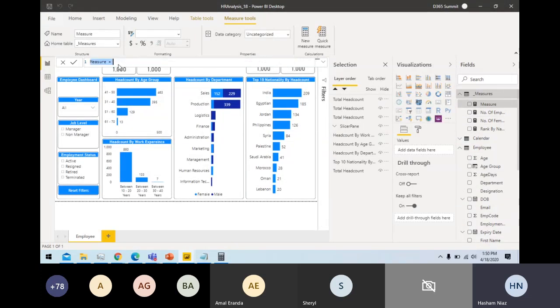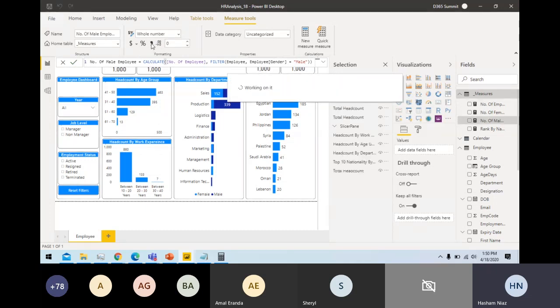So I will copy paste the same statement here, and I only change the measure name and change the condition to male. So what I'm doing here is calculating the number of employees, and filtering employees based on gender. So I'm checking if the gender name is male. So that's how I'm checking this one.